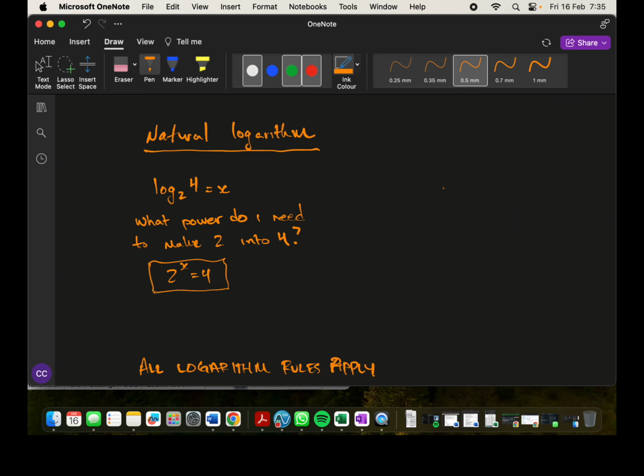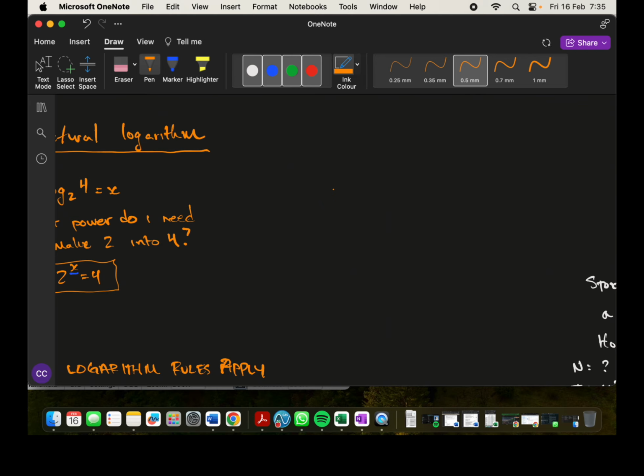So in order to solve a problem that has a variable in the exponent, we have to use a logarithm to undo that. Obviously, we could also use graphical means or whatever. Now, the natural log is the log in base e of something is equal to x. The only thing that we are changing is that this is now saying what power do I need to make e